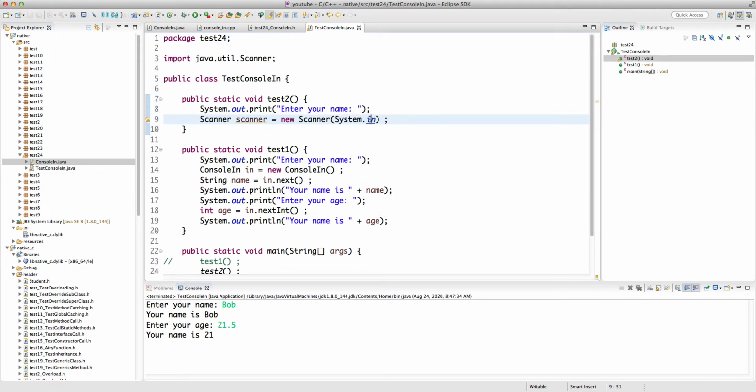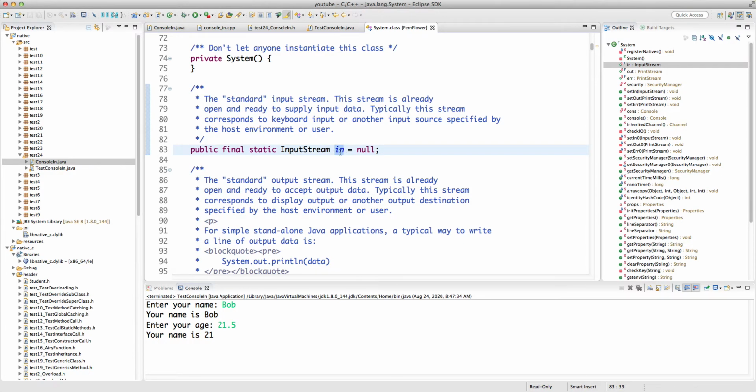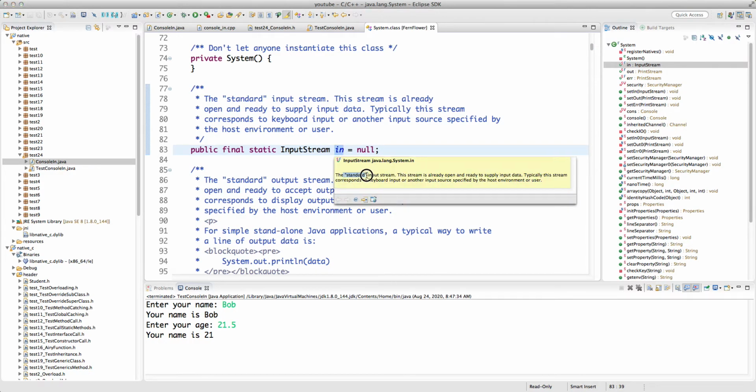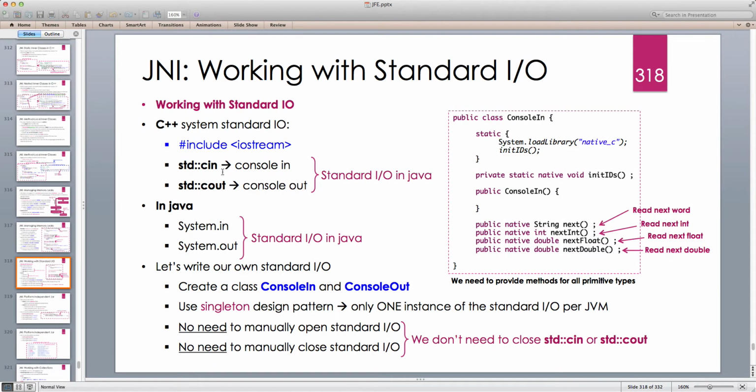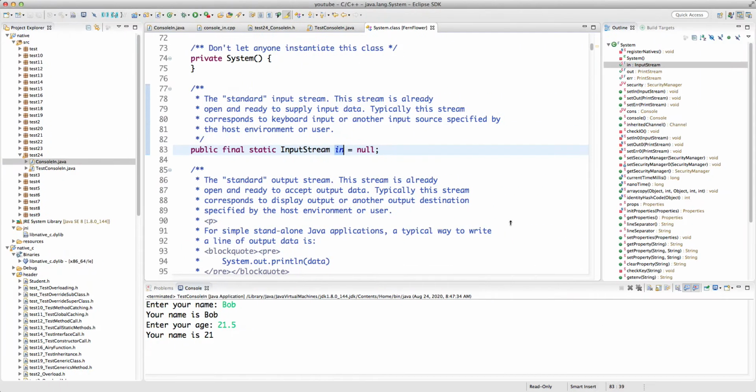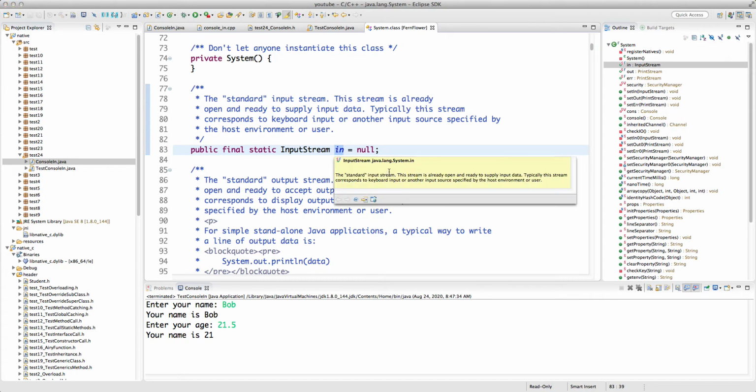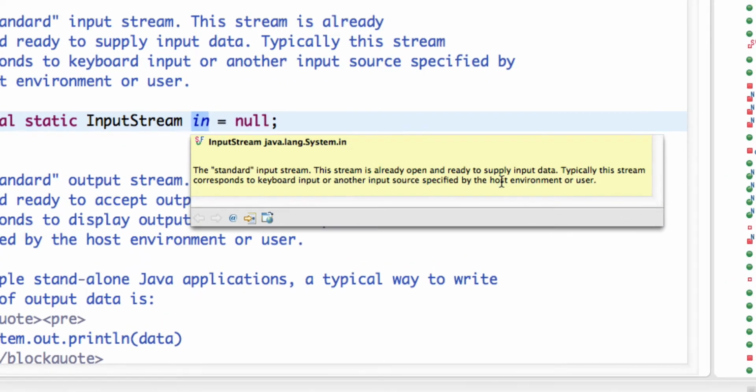All right. So this system.in is an input stream. The standard input stream is equivalent to stdcin in C++. This stream is already open and ready to supply input data. This is basically the same as I mentioned, that we don't really need to open or close stdcin and stdcout. That's why we see that in the documentation of the